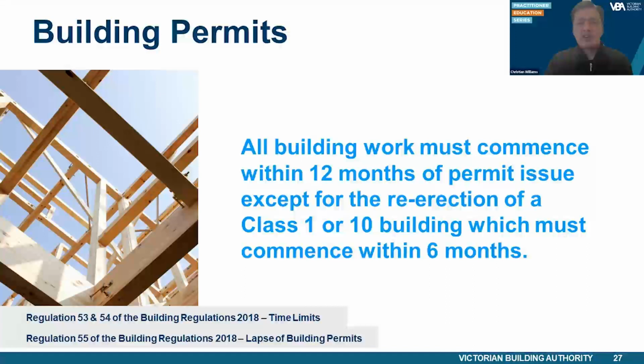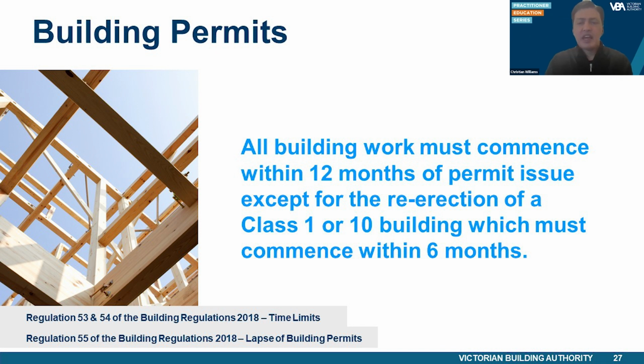If the RBS has not carried out an inspection at the first mandatory notification stage, the RBS must notify the applicant prior to 30 days before the end of the commencement date that the permit will lapse under Regulation 56, and prior to 30 days before the completion date that the permit will lapse under Regulation 57.